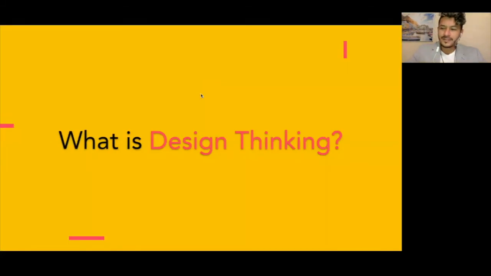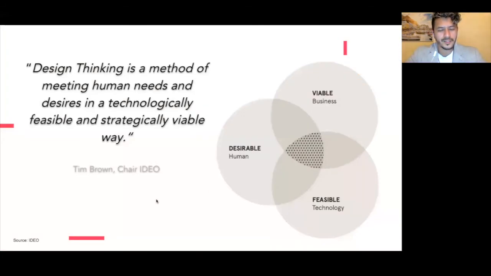So that was to give you a little bit of context on why design thinking is important, why it has been developed, and why it's being used by so many people in the industry right now. But now let's go into what design thinking is, and into the specifics of this methodology.